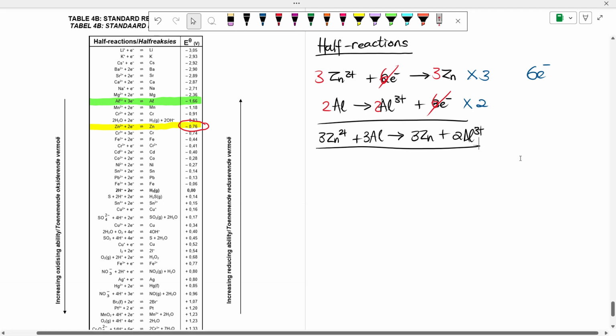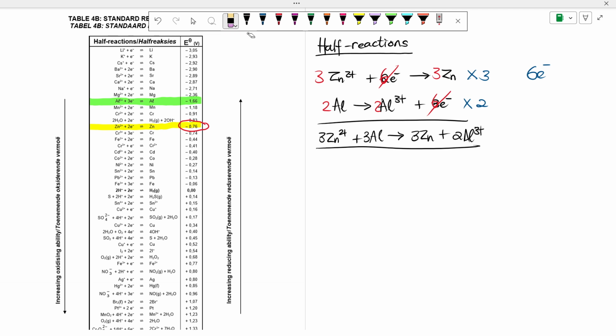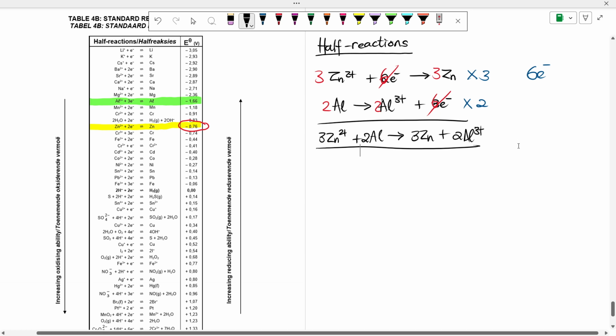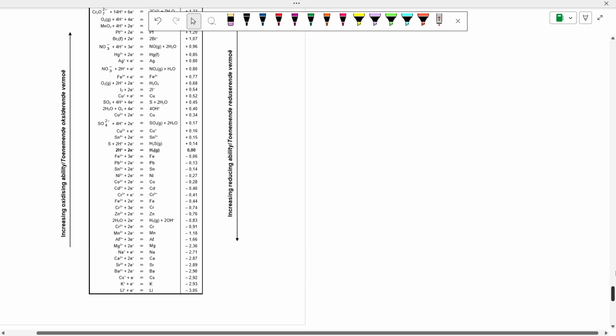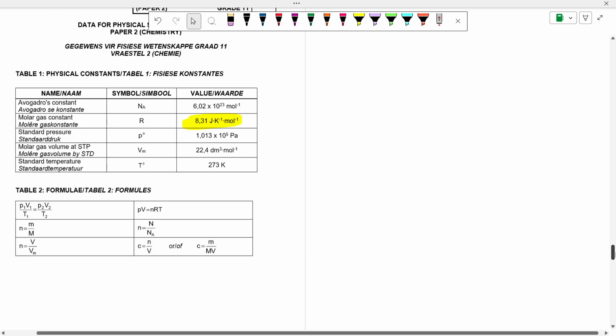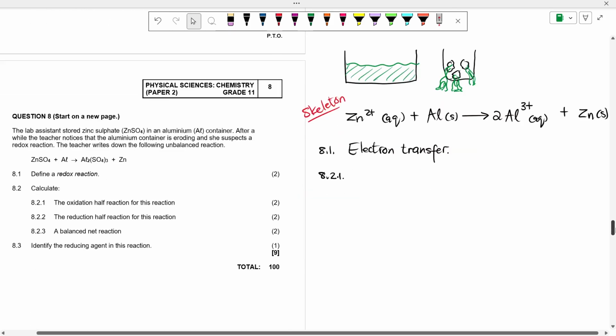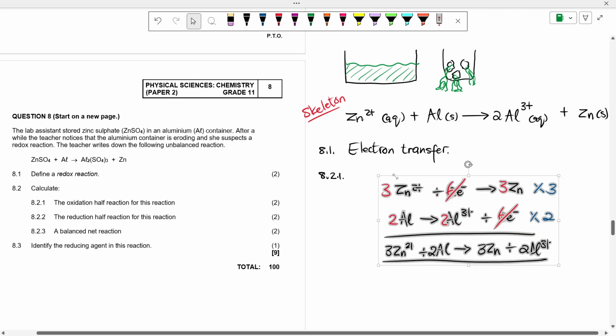2 aluminum. You say, oh, 2? Yes, on the reactant side, yes. 2 aluminum. Okay. And all the questions are going to be based on that. They're just going to ask for the half reactions, maybe even the reducing and oxidizing agents, and the net ionic. That's it. So let's paste everything here